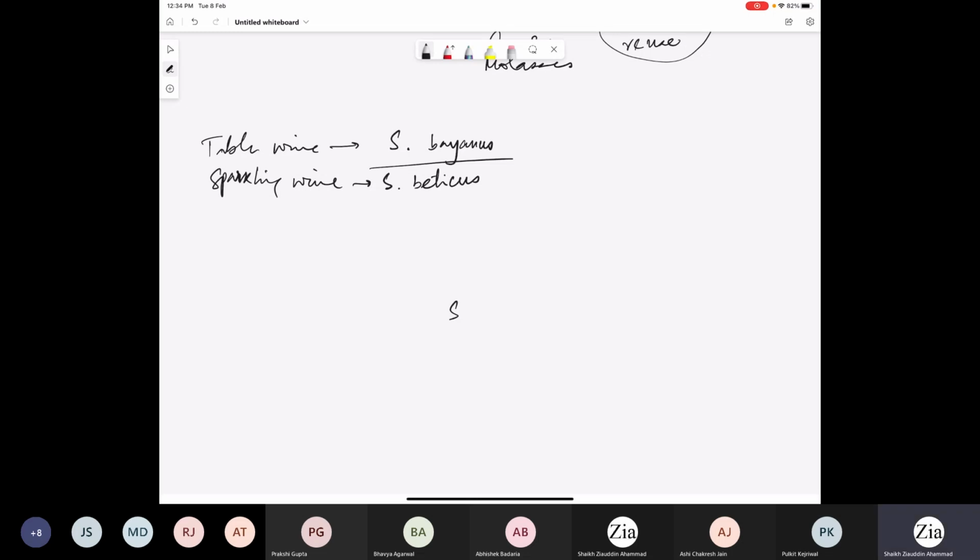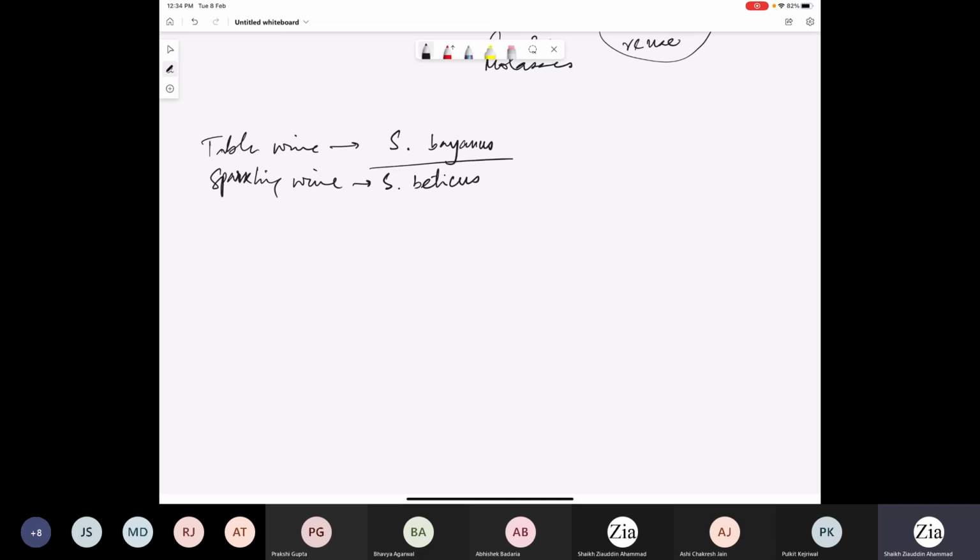So different type of wine will require different type of strain, and obviously they will require different substrate or food additives or nutritional additives. Now, one special type of yeast is again very specific in Japan, because in Japan they